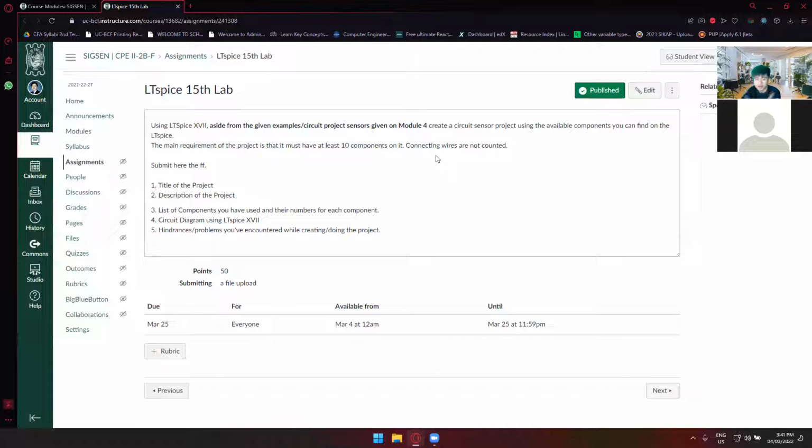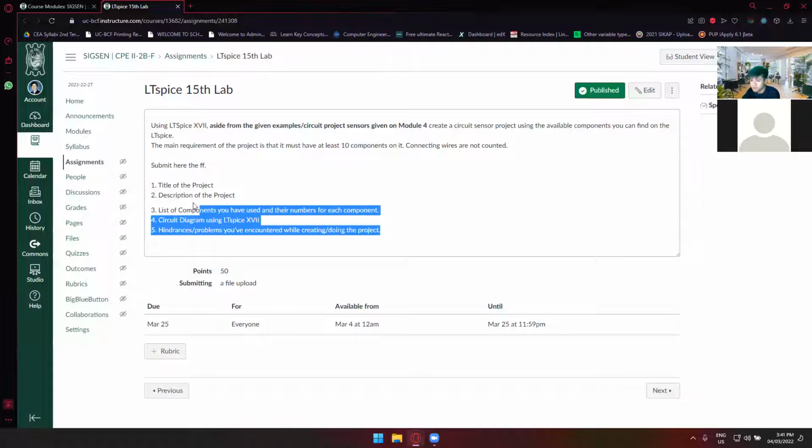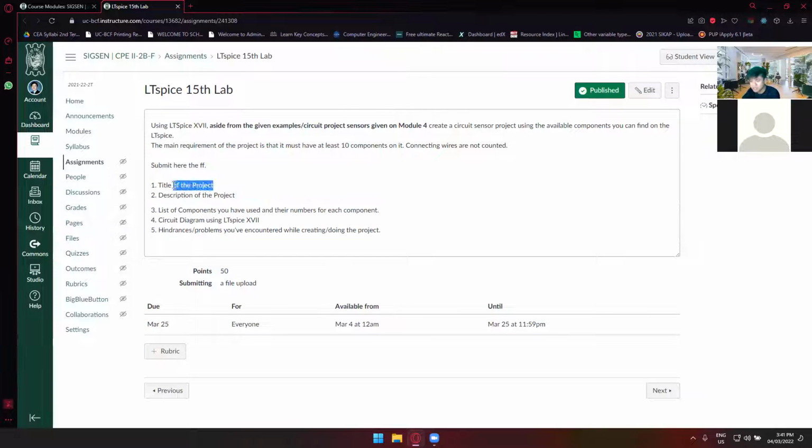So the only components that are counted are, of course, the resistors, the voltage source, capacitors, inductors, and so on and so forth. And then the sensors that you'll be using. Okay. So in this project, of course, I need the following: title of the project,